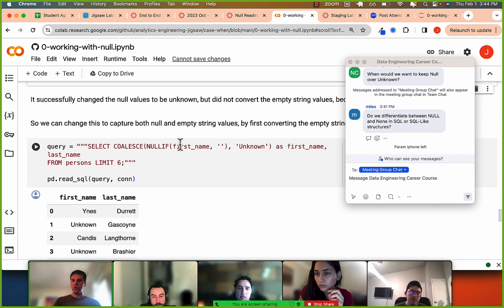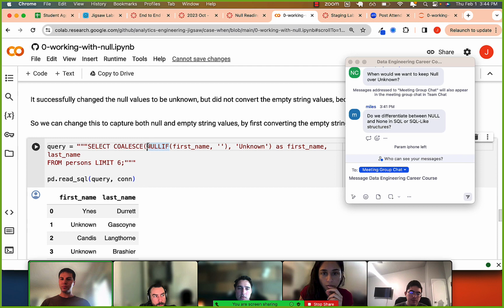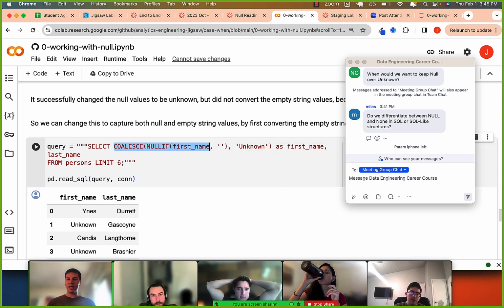Other things you can do is, here you can see, this is like that example of what if I want to change all my null values to unknown, and I also want to change my empty strings to be unknown? Because this is effectively the same thing. So what we can do is first convert everything that's an empty string in the first name column to be null. So take all the empty strings, make them null, and now apply coalesce to the first name